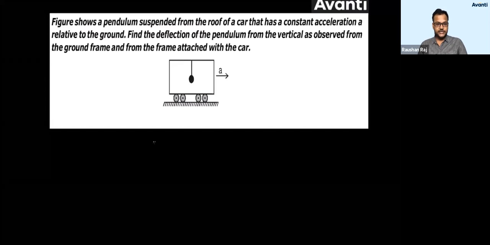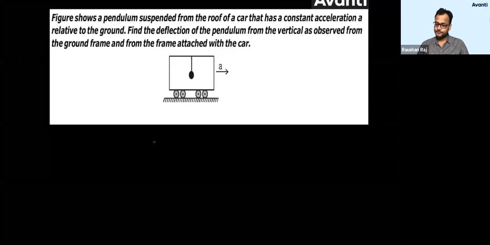So Sakshi has answered, Keertan Kamble has answered, and a few of you have also answered. So this tan inverse A/G answer, yeah, this is the answer according to Sakshi, Keertan, and a few others. So tan inverse of A/G. Let us find out what will be the correct answer.